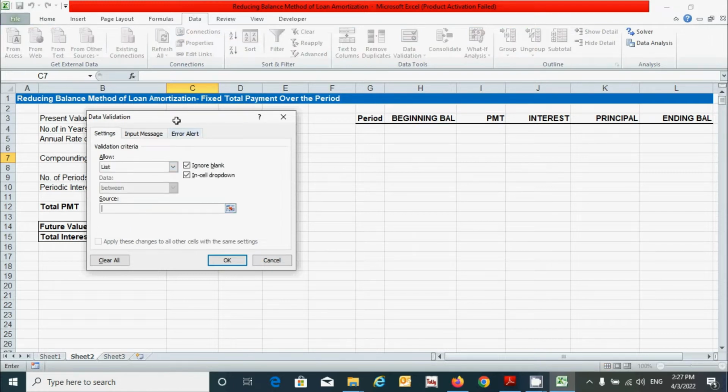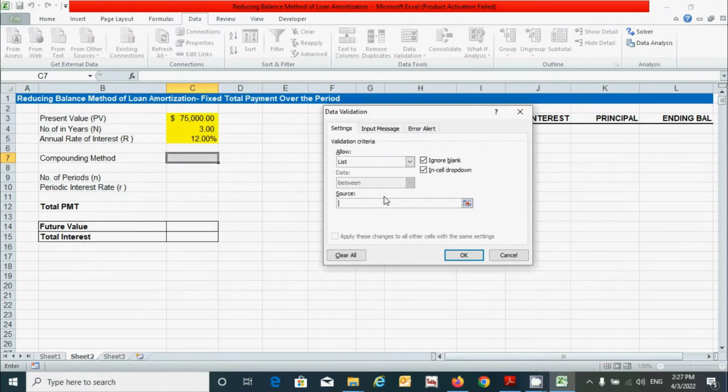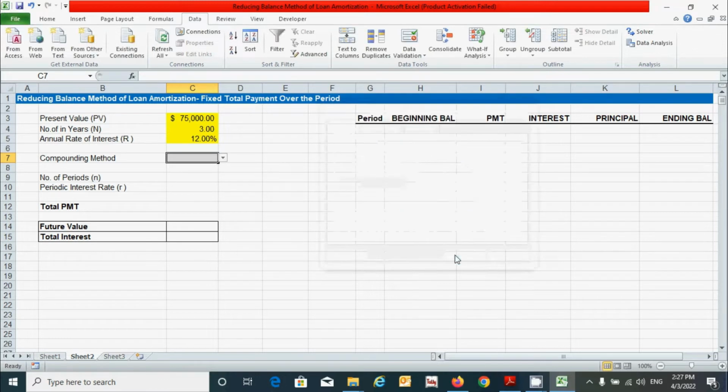Now let's provide the compounding: annually, semi-annually, quarterly, monthly, weekly, and daily. Now click OK. Alright, now here I'm going to choose monthly. You can select any one.